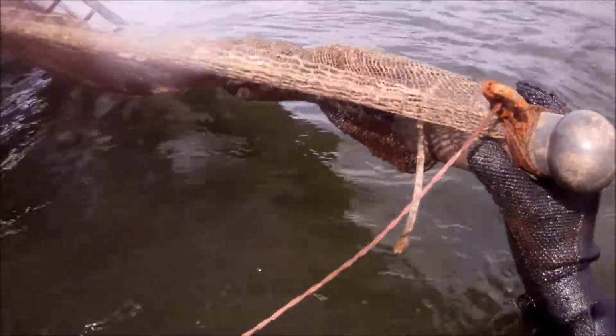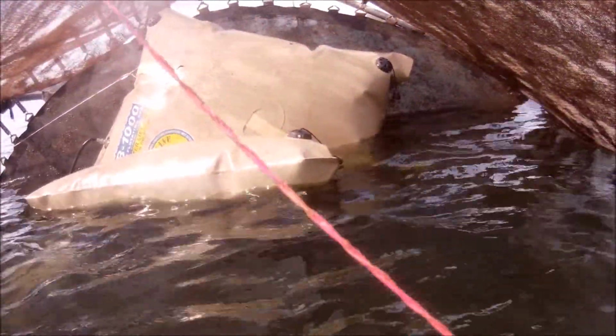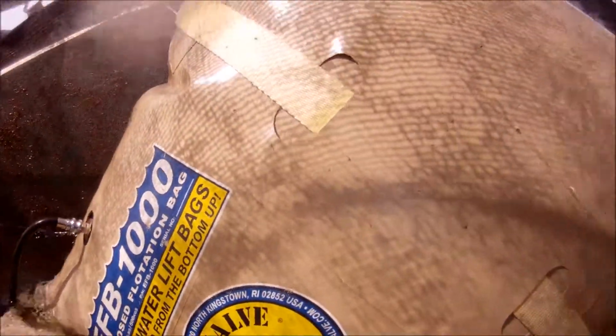Now that we're at our destination, we have unsecured the trampoline from the back of the boat. We're preparing myself and the other diver to make our entries again, and then we will slowly deflate the bag. We'll allow the trampoline to sink back down, and then we will adjust it, or fine-tune adjust, once we get down to the bottom. I have to let a little bit out at a time to try to flatten it out. And hopefully it'll...